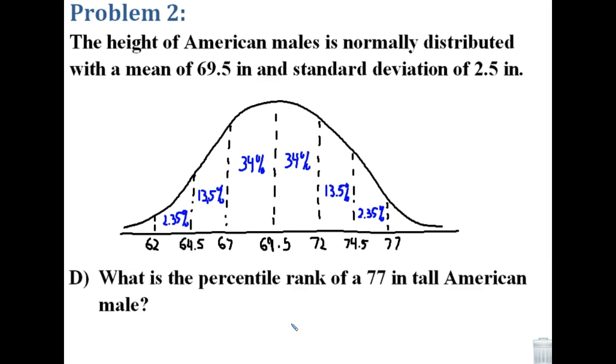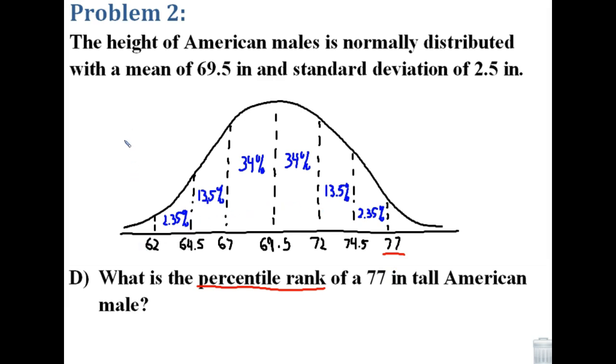D, last part for problem 2, asks what is the percentile rank of a 77-inch tall American male? Percentile rank, in other words, what is the percentile of somebody that is 77 inches tall? So what percentage of the population is below them? Okay, so here's my 77. All I need to do then is add up all